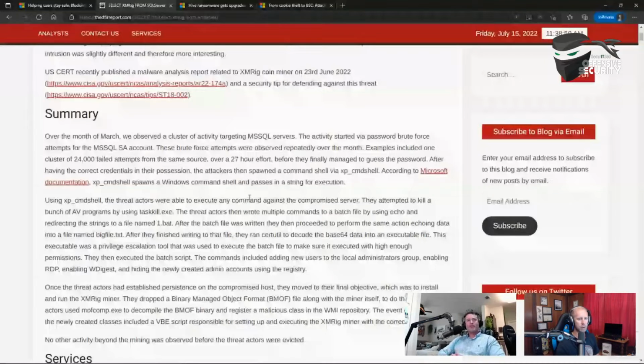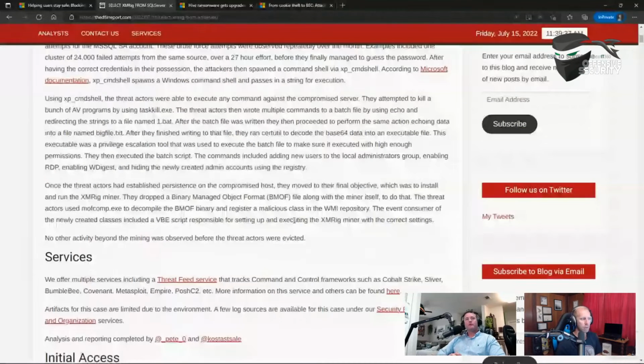The TLDR of this, or layman's term, is they used this binary to create a WMI event subscription. So they created a custom WMI subscription on this host, and then used that for their persistence mechanism.